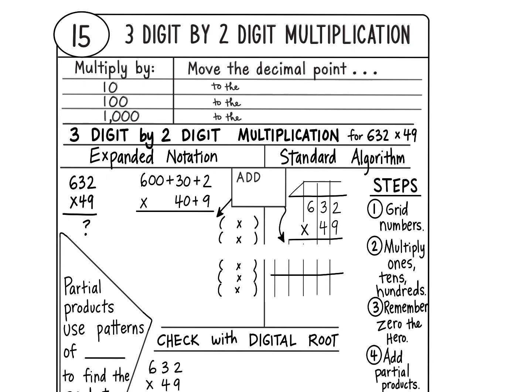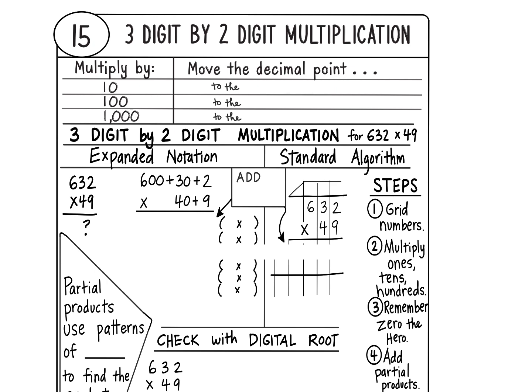Okay, so today we're going to review 3-digit by 2-digit multiplication. This is something that you should have learned last year, but it may be something that we just need to do a little bit more practice on to make sure that we feel good about it before we start our long division. So before we start, when we talked about the base 10 system, it's all about that place value